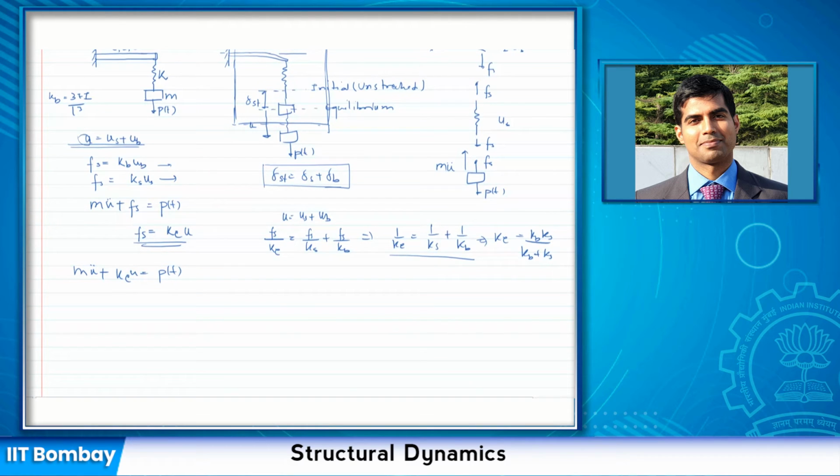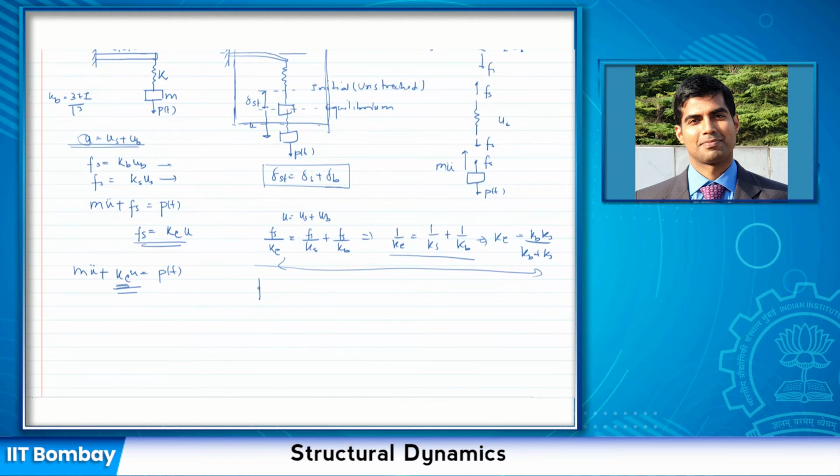I want my equation in terms of U, the total displacement. That's why I've written Fs is equal to Ke u. But remember that Fs is also equal to Kb Ub and Ks Us. So you could have written here Fs simply equal to Kb Ub and Ks Us, but that won't give you the differential equation in terms of total displacement. To get the total displacement, I wanted an effective stiffness, and that's why I went by this method to get the equivalent stiffness.